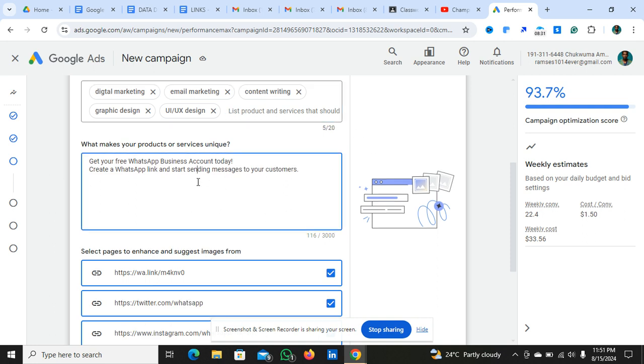Now it says what makes your products or services unique? You can just enter something. Before you start running ads, you must have prepared these descriptions so that you won't be left behind or confused. So, what makes your products or services unique? You can just say,